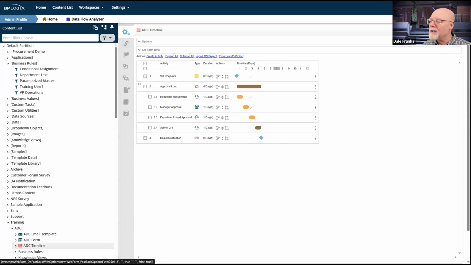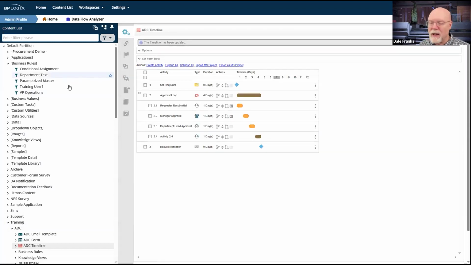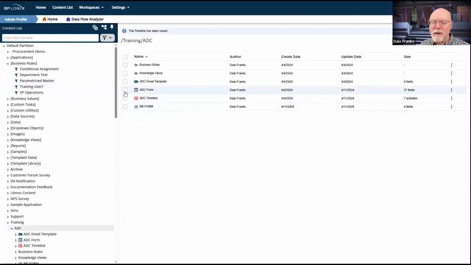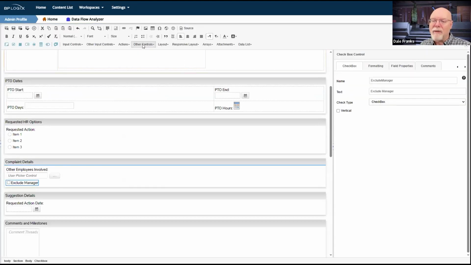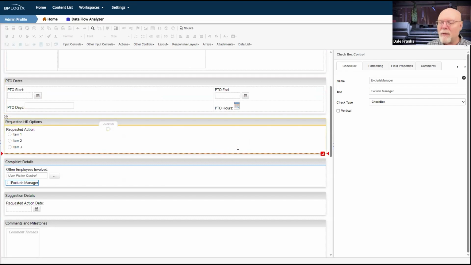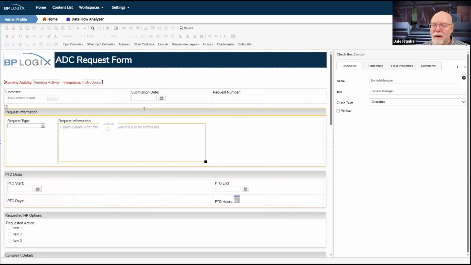So let's update, or actually I should have just hit OK, save and close my item. I've got the form open here, so you know what? I can just go ahead and submit it right from here. So our form will pop up in a minute or so.